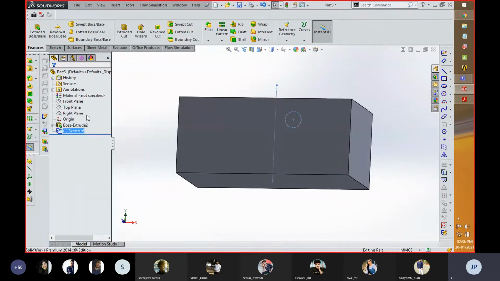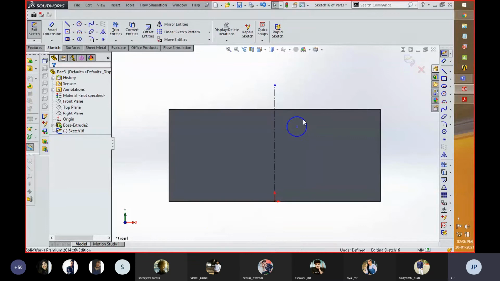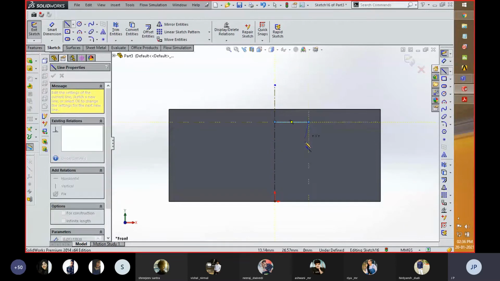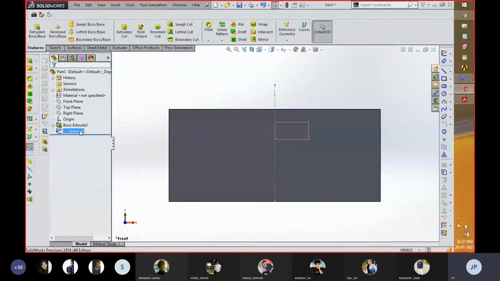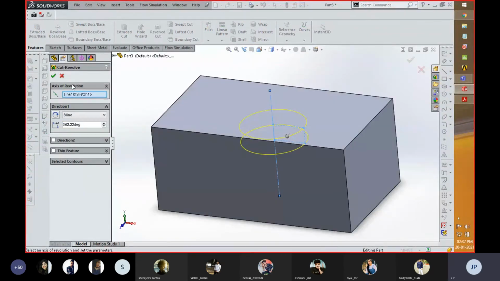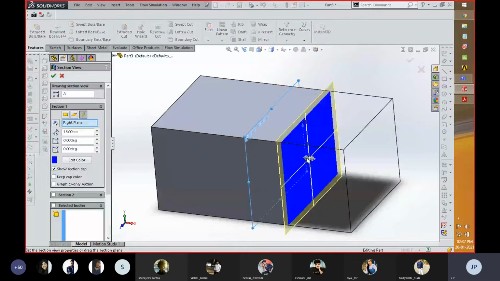I'm going to edit the sketch, then create a closed structure. Okay, edit the sketch, and then select over here, then select the plane, then cut.